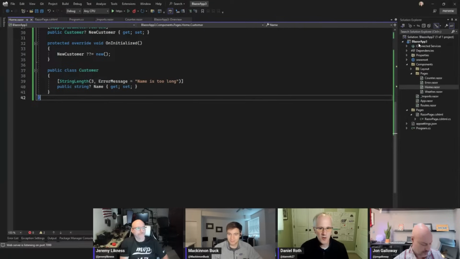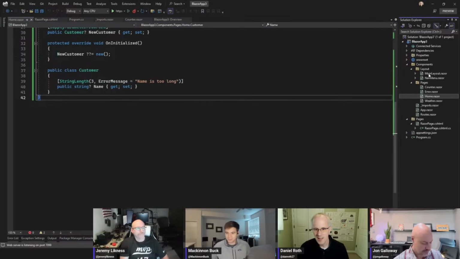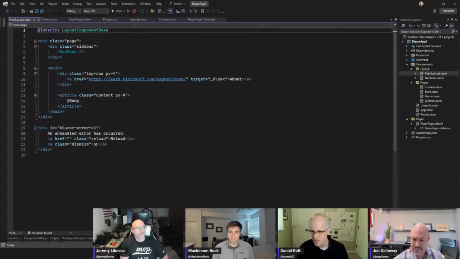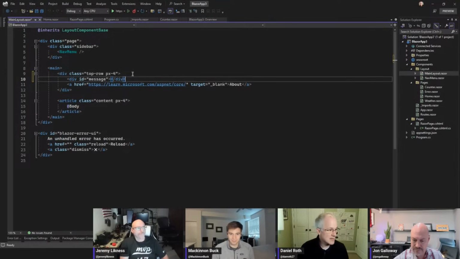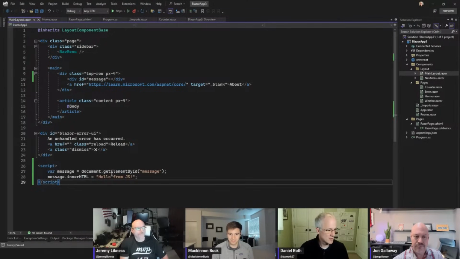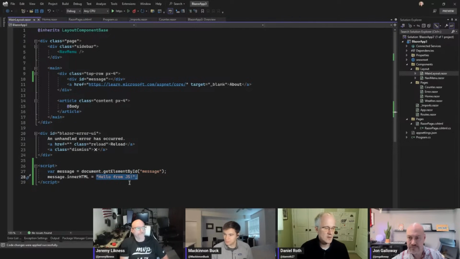So I'm going to go into the layout, and I'm going to add a div to the top row. I'm just going to copy this div in. So let's add a div right here in the top row of the layout. And then I'm going to add a little bit of script that's just going to populate that div with some content. Okay, so this should get that div by ID, and then it's just going to put a little bit of content in there that says hello from JavaScript. Okay, now if I run this,